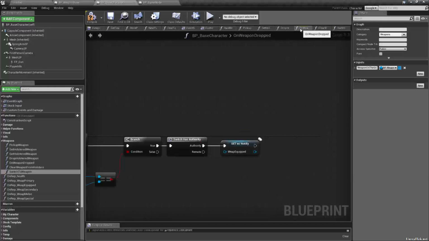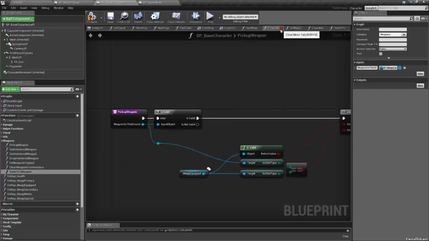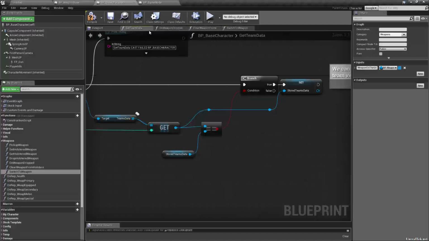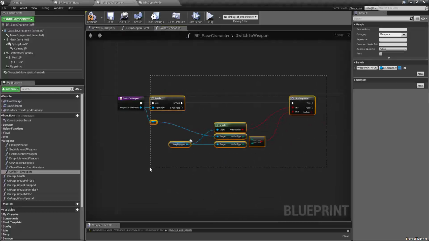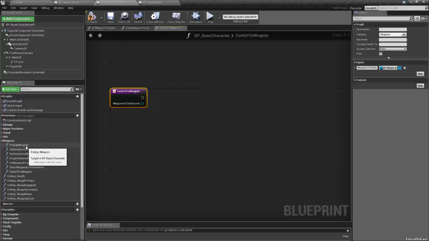What are we working on here? I don't even, these ones. Just gonna get rid of these other ones. Give me some room here. Alright, switched weapon. Let's get rid of this crap. Oh, switched weapon isn't even finished. Or what, pickup weapon isn't even finished. None of these are. You can see how interconnected they are. So we need